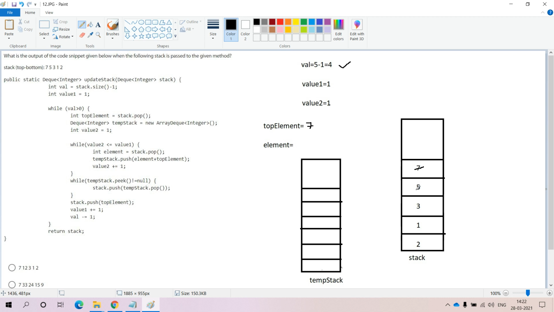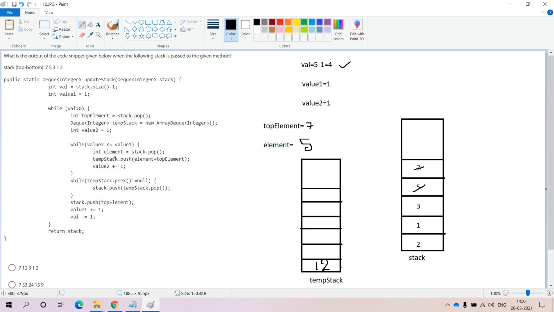Now the element value is 5. Coming to the next operation, we push one element into the temporary stack. That element is element plus top element. The element value is 5, and the top element value is 7. 5 plus 7 gives you 12, and that is available in the temporary stack.